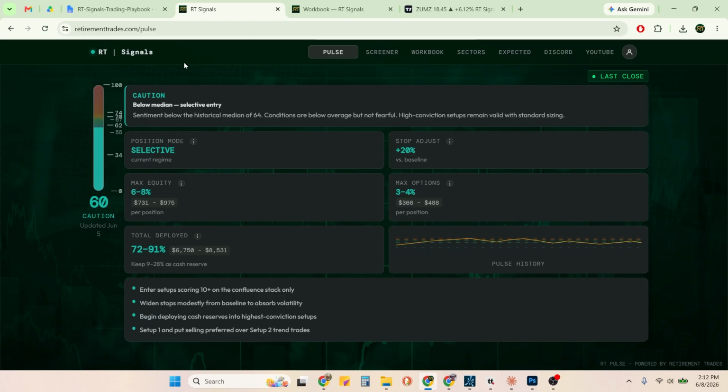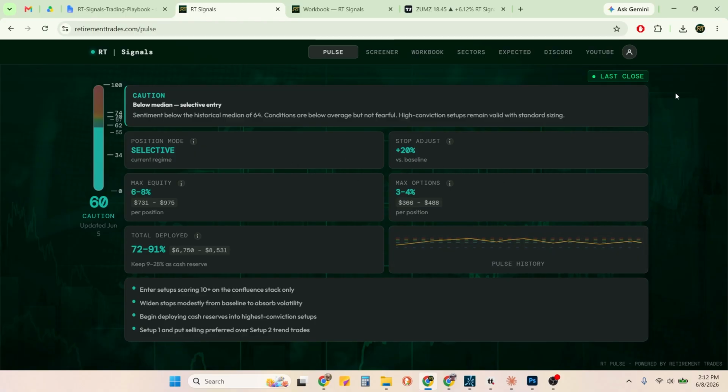And what we're looking at here is the RT signals. Okay, so I got a pulse barometer, which will show you the market sentiment. And I can tell you this is good. This is, in my opinion, better than the fear and greed index. But basically, every night at close, 5:30 p.m. Eastern Standard Time, it does the calculations and comes up with the pulse barometer index, and that tells us where the market mood is. Gives you a quick description here as to what's going on, a little bit of instruction,